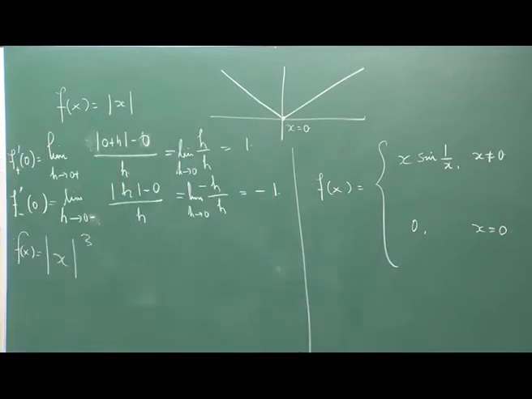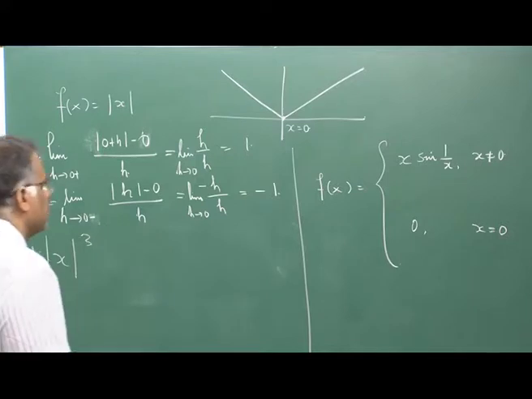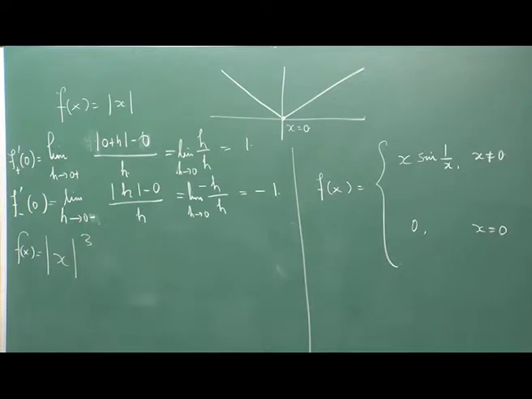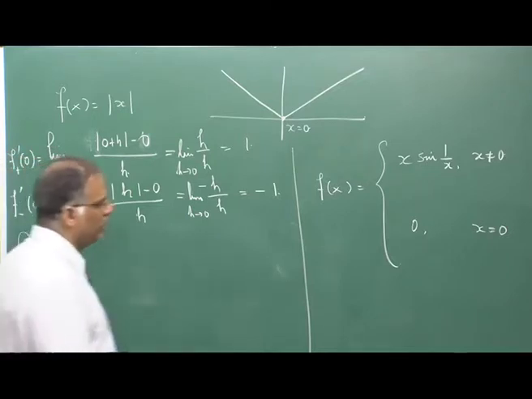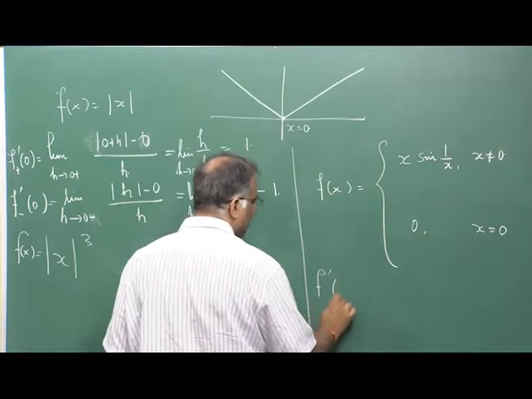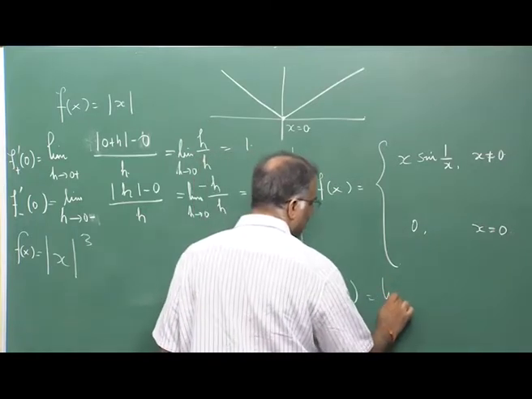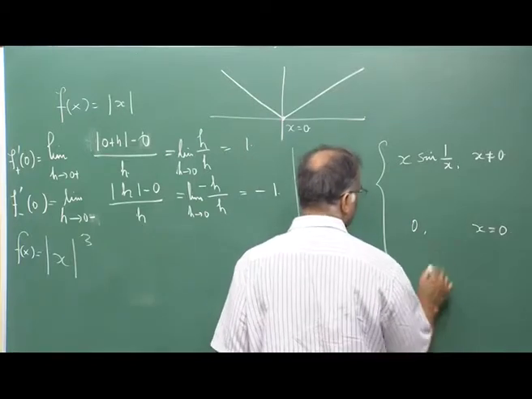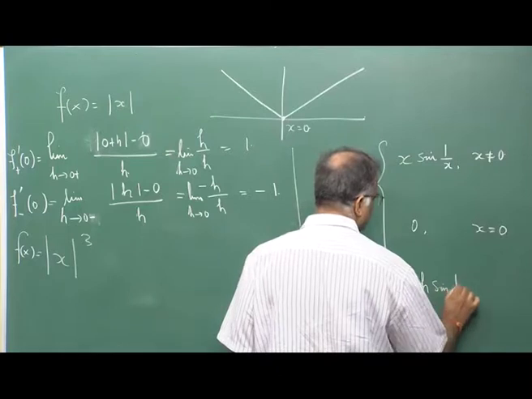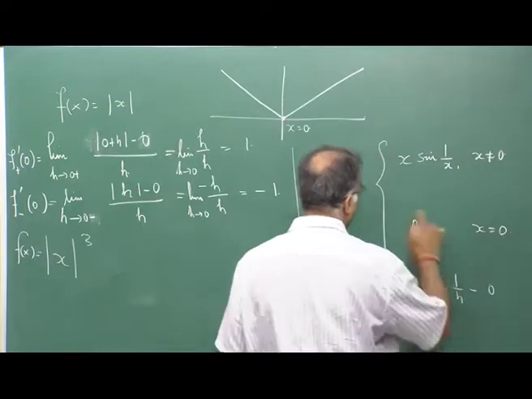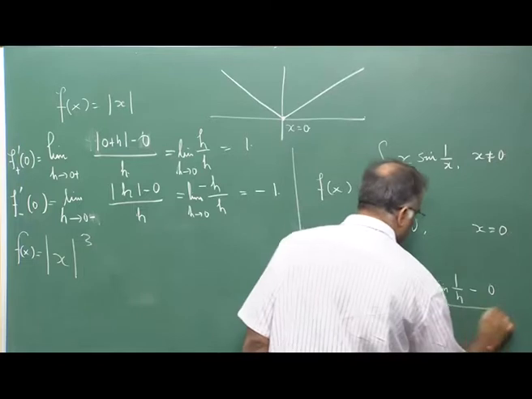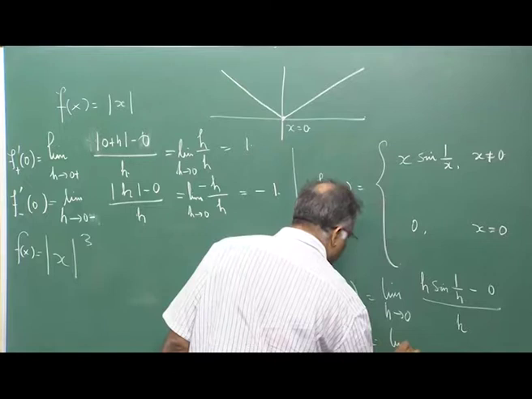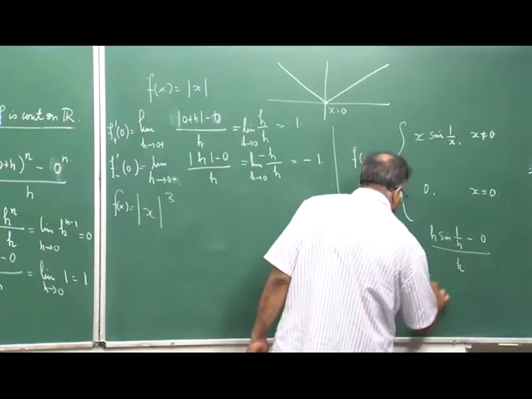for those who know how to calculate derivatives. But even from the first principle, if you come to 0, then there is a problem. Then again, if you go by the first principle, let me write down. So, I have to find this limit: (0 plus h) times sine 1 by h, minus the functional value at 0, which is 0, divided by h, and h cancels because h is actually not equal to 0. Limit of h tends to 0 of sine 1 by h,